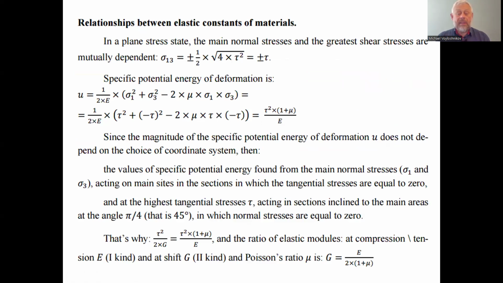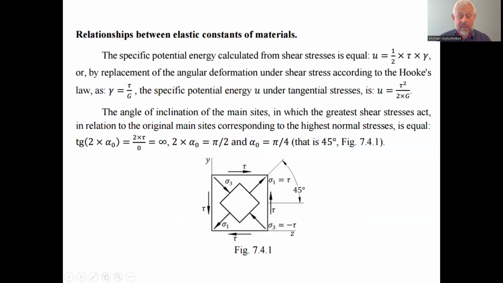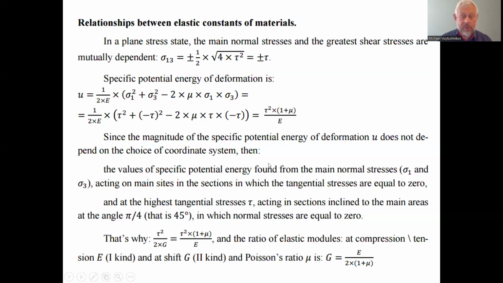In plane stress state, the main normal stresses and the greatest shear stresses are mutually dependent. So in this case, what are the tangential stresses? We have tangential shear stresses here. We have main normal stresses sigma 1 and sigma 3. And the tangential stress is equal to,